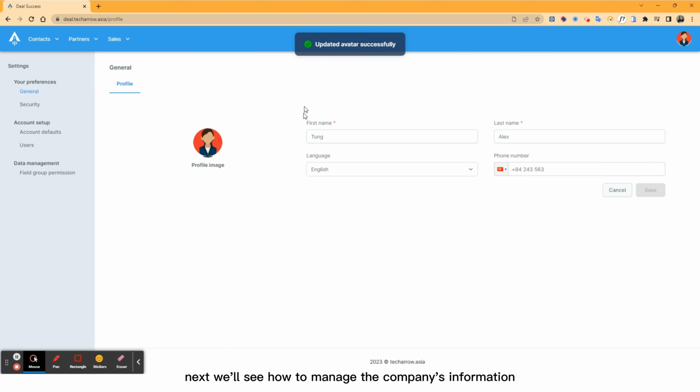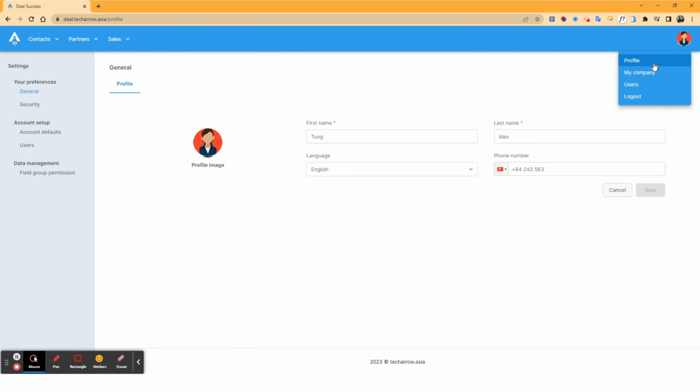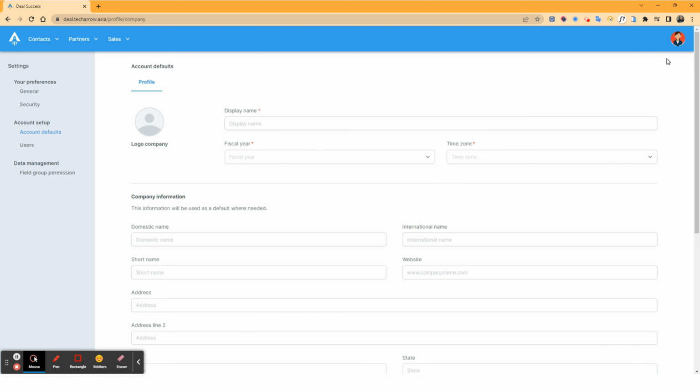Next, we'll see how to manage the company's information. From the right side of the menu bar, click the avatar. Select My Company. You can see that this page also lies in the section Account Defaults of Account Setup in